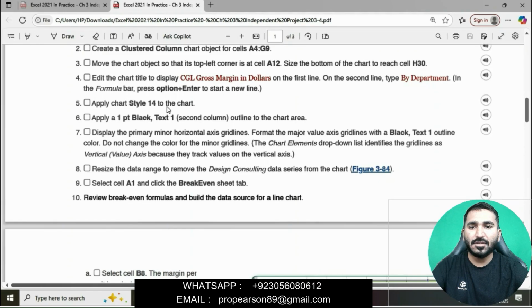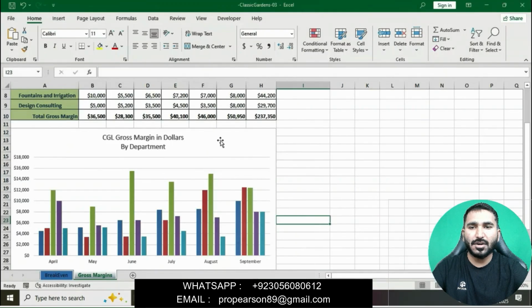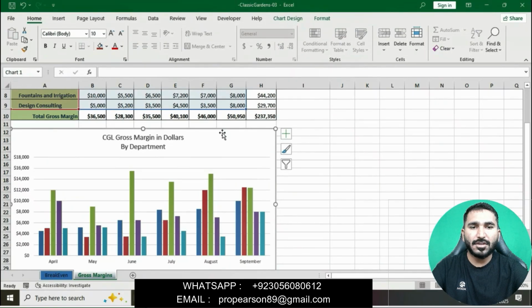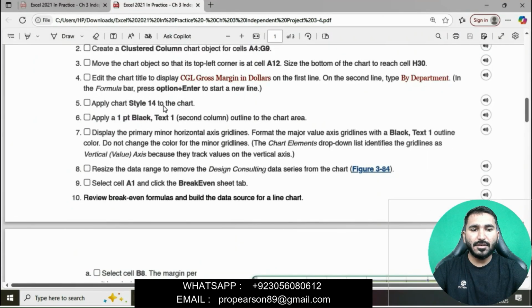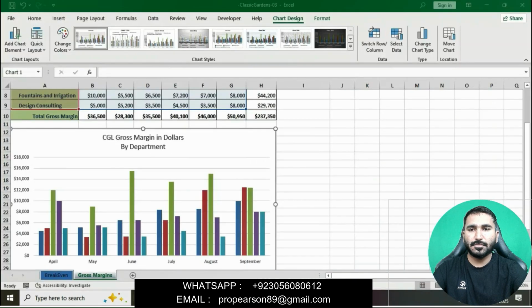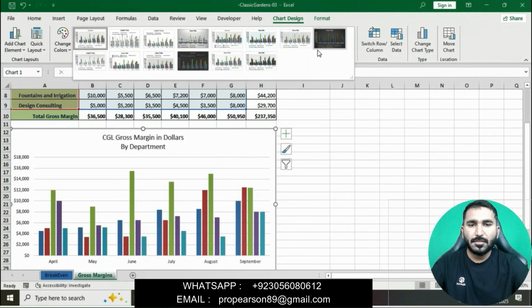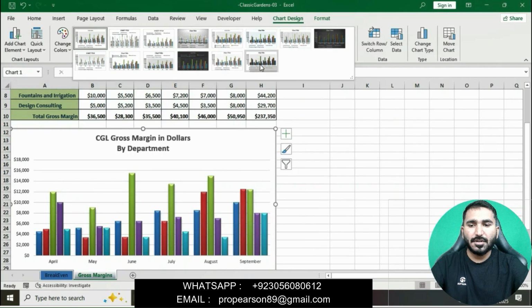Go to the chart, click on it, and go to Chart Design. In the Chart Styles group apply chart style 14 on this chart. Here is chart style 14 on this chart.